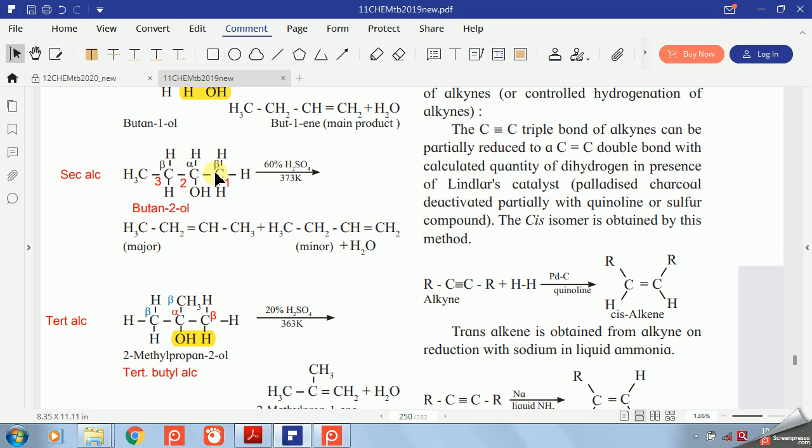Okay, if you remove the hydrogen from the first carbon, then we get this product. So CH3 becomes CH2, CH double bond, and these remaining things are the same. If you remove the hydrogen from the third and second carbon, then